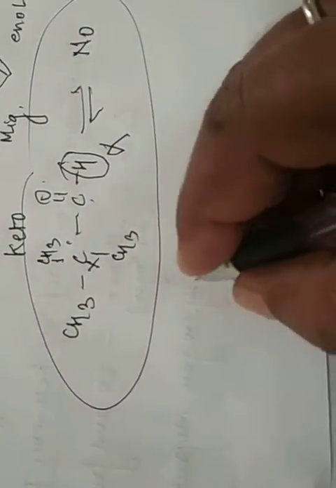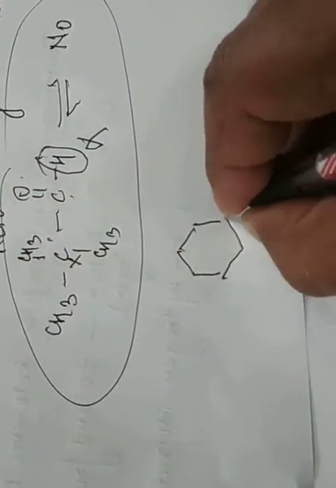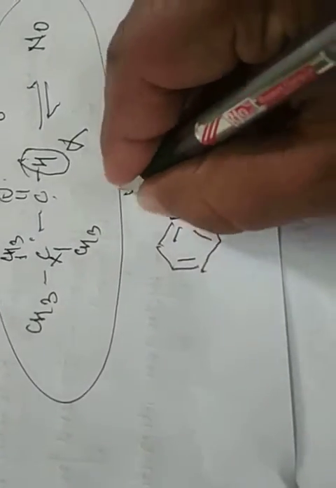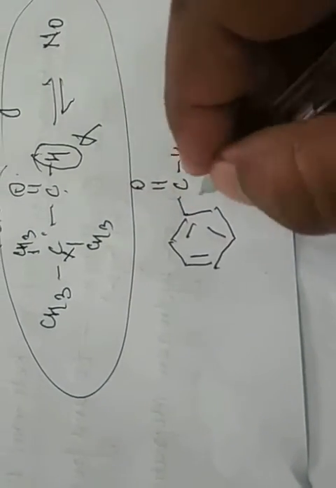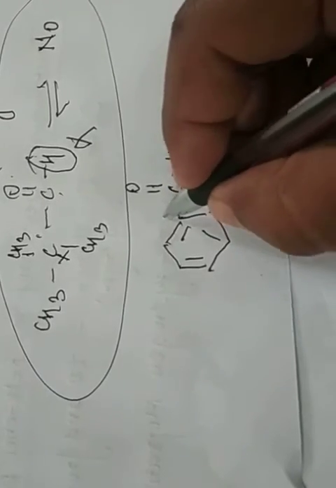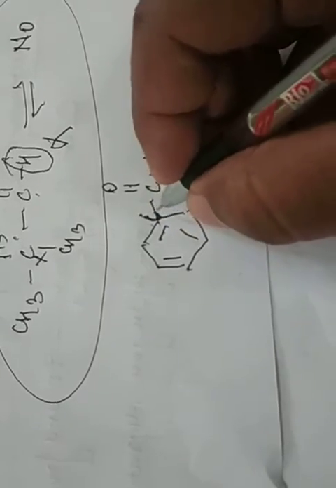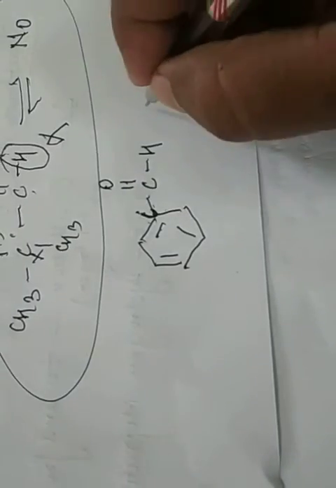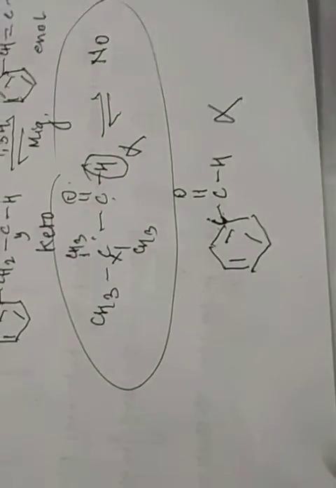Okay, again check. Does this formula show it, yes or no? Does this compound show it? So this is not X. Y or Z is there, but X is this. So now suppose X is this, it means there is a carbon, and 1, 2, 3, 4 carbon is already balanced, but there is no hydrogen. It means this compound does not show tautomerism. Clear? 100% sure?